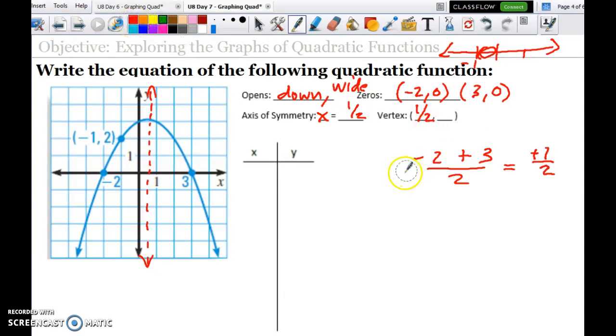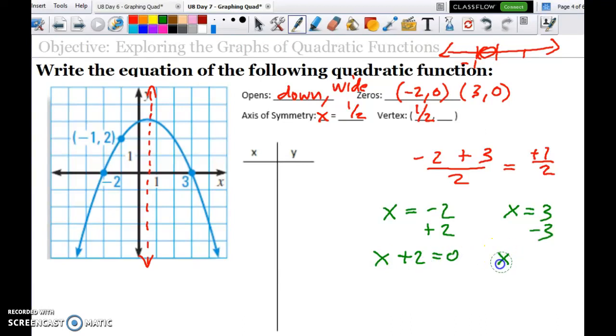So if I want to find out what the vertex is, I have to plug it into the equation, but I need the equation first. Okay, so I know that the equation, based on my zeros, I would have x equals -2 at some point and x equals 3. So to get the factors, I'm going to add those back or subtract them based on what their sign was. And I have x plus 2 equals 0 and x minus 3 equals 0. And those would have been the factors, x plus 2, x minus 3, multiplied together by some a value